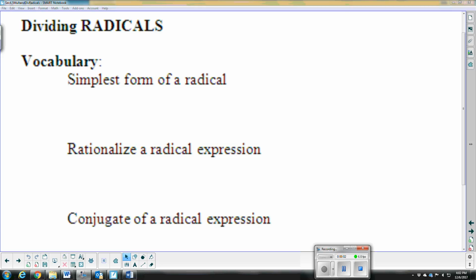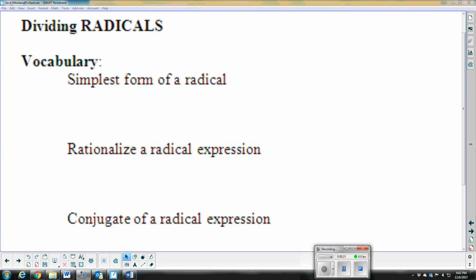This is a review section about dividing radicals. It should come after section 4.5, and you will definitely need this for section 4.6. Again, we did multiplying, we did simplifying, we did adding and subtracting and combining radicals, but this